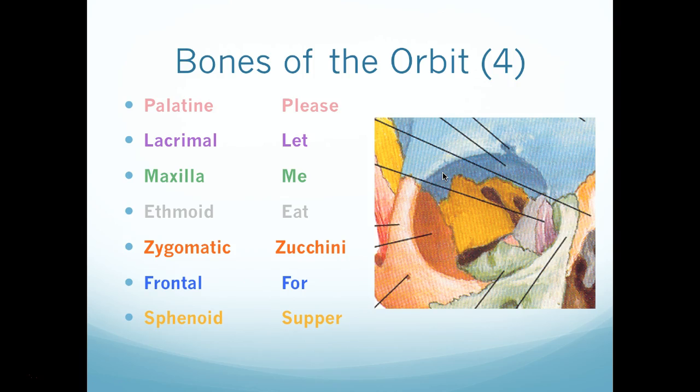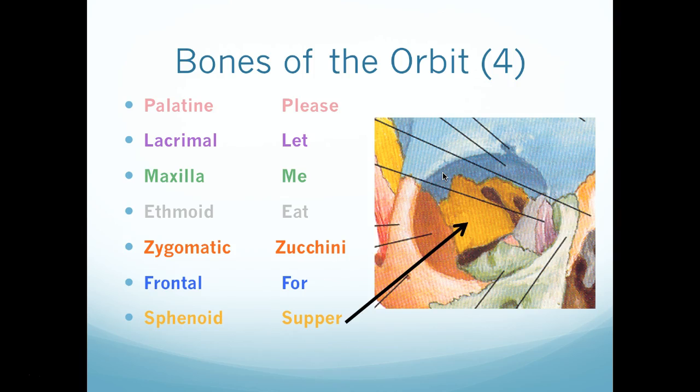I left this part out of your lab list, but I thought it'd be good to know. But we have some bones that are a part of your orbit, and the way you can memorize this is please let me eat zucchini for supper. So P stands for your palatine bone, L stands for your lacrimal bones, me stands for your maxilla bone, eat is for your ethmoid bone, zucchini is for your zygomatic bone, for is for the frontal bone, and S is